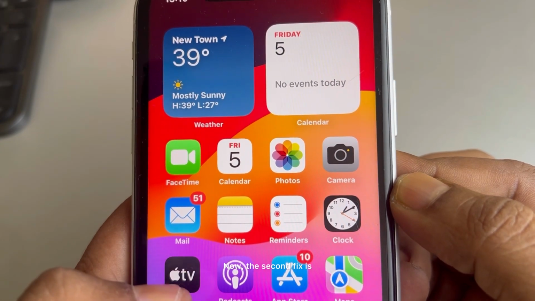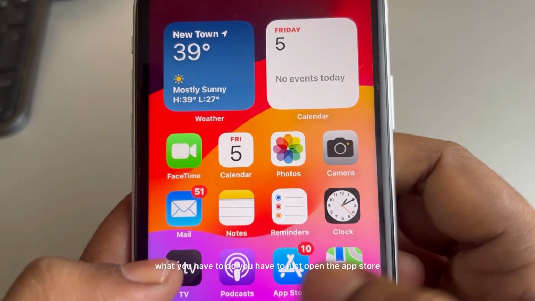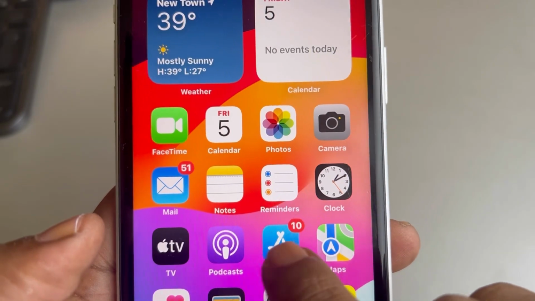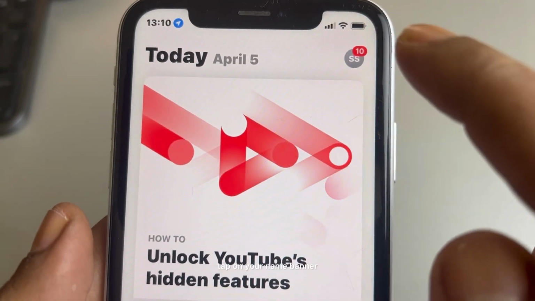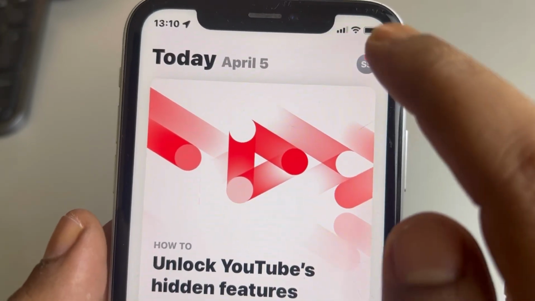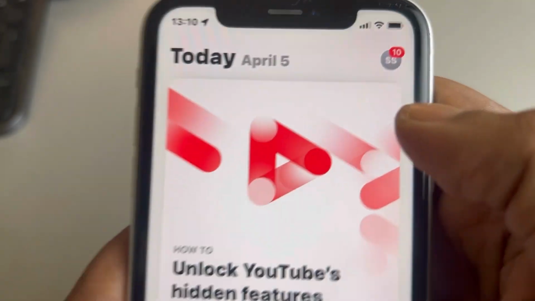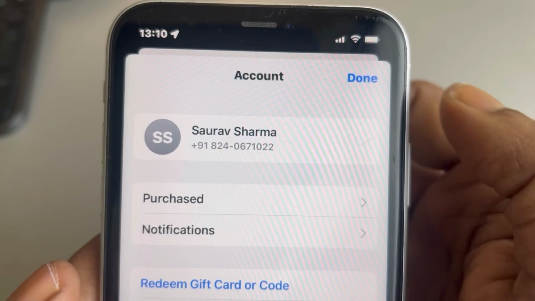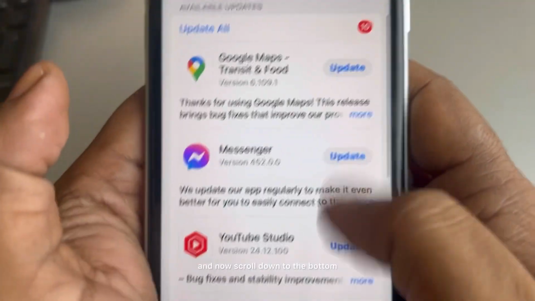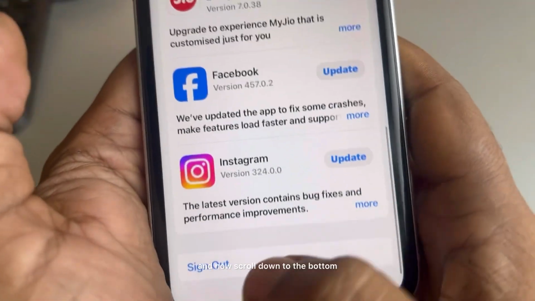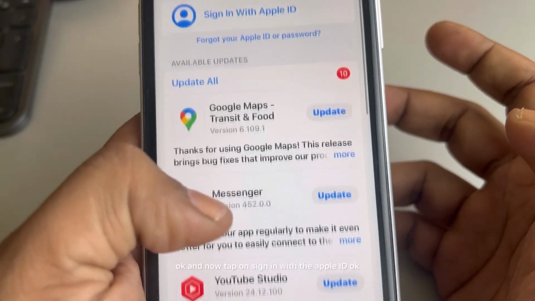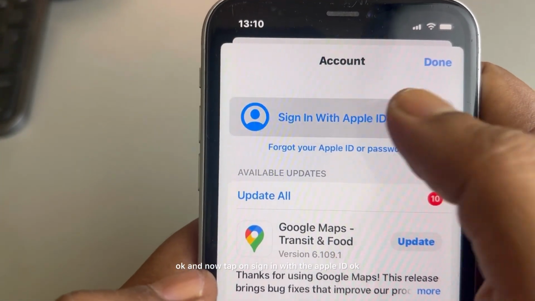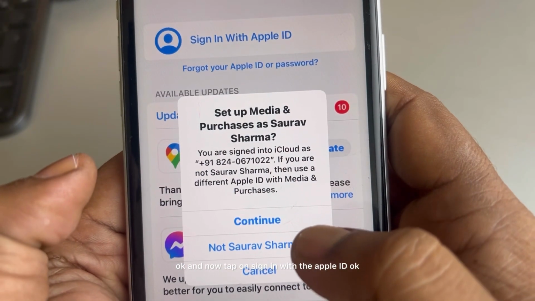Now the second fix is, you have to just open the App Store, tap on your name banner, and now scroll down to the bottom and tap on sign out. Okay, and now tap on sign in with the Apple ID. Okay,